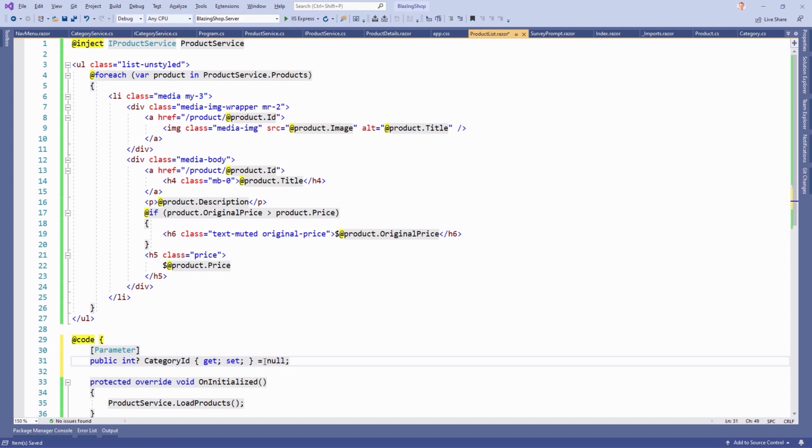By default it is null. And then we also have to change the foreach and use the ternary operator, is the correct name, I guess, in English. Category ID: if the category ID is null, then we just display all the products, and if not,